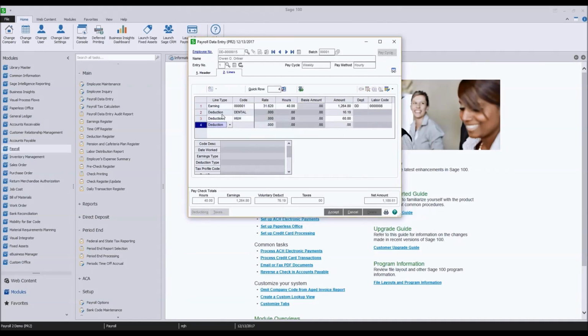And you can see how the different codes, and you notice my deduction codes, I can actually use real words now. Won't that be fun and make it a little bit easier to figure out what deduction is what? So a lot of new enhancements have come along that are ready for us now.